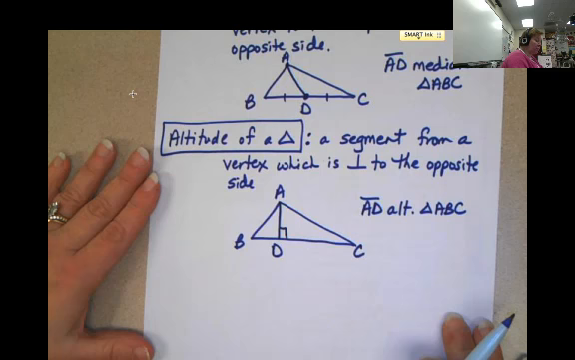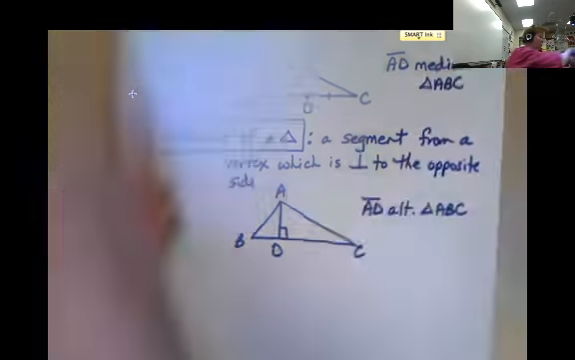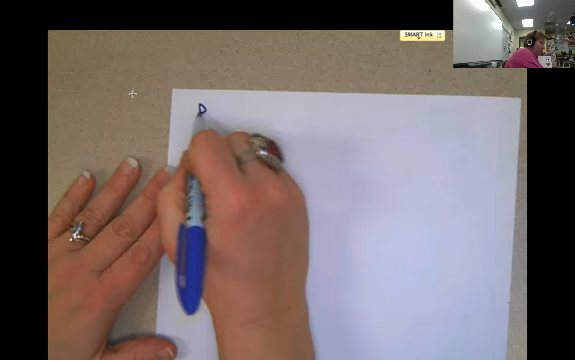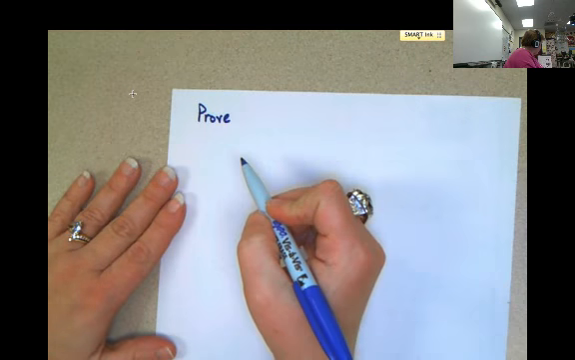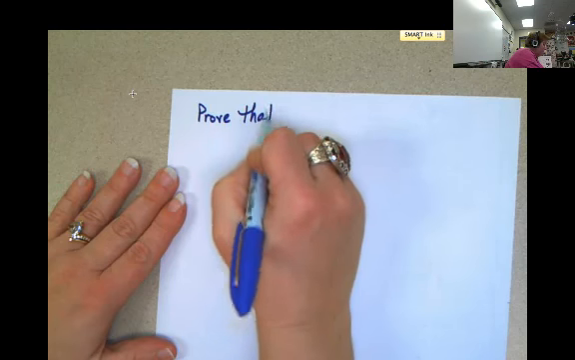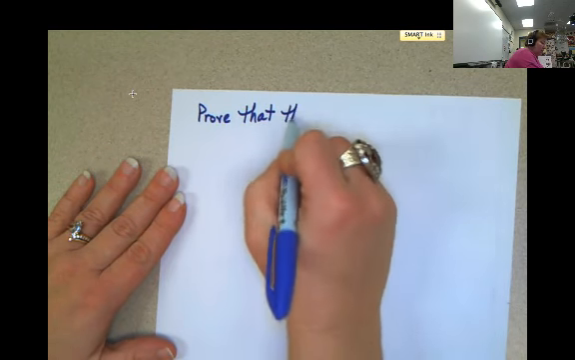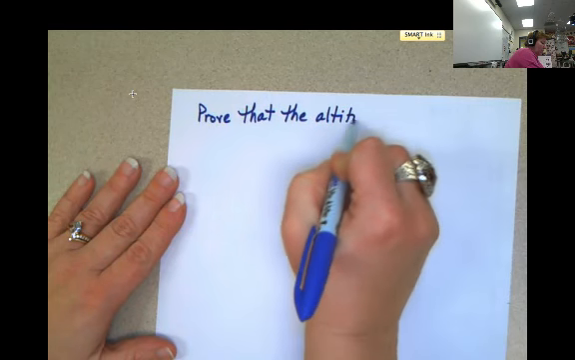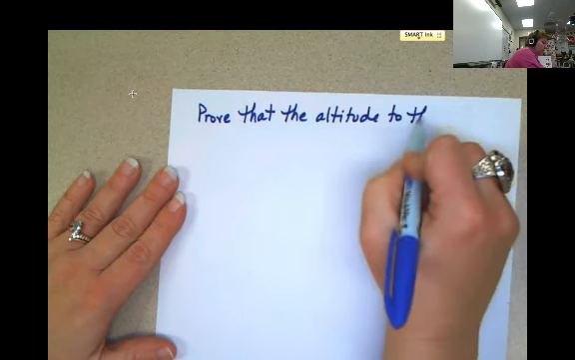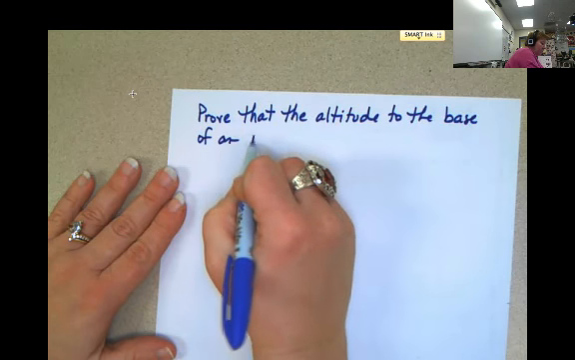a proof. And so here's an interesting thing. I think I'm going to start with a new sheet of paper because it's a rather long proof. One of the things that's introduced in this lesson is the idea of you setting up the proof yourself. So a problem might be prove that the altitude to the base of an isosceles triangle